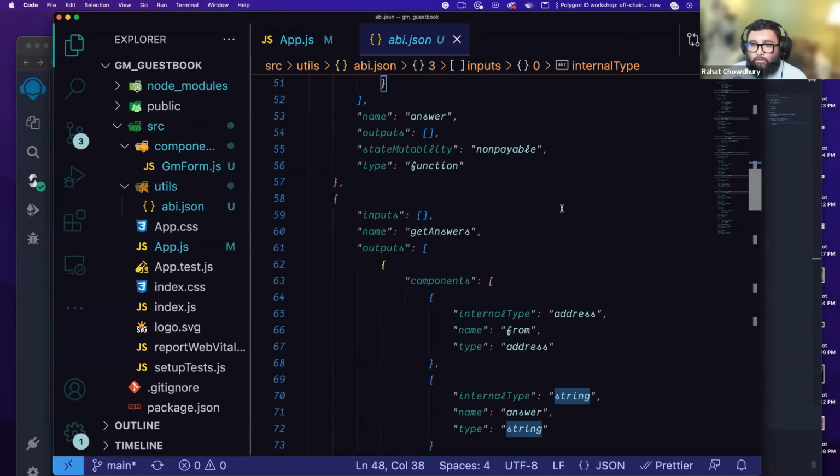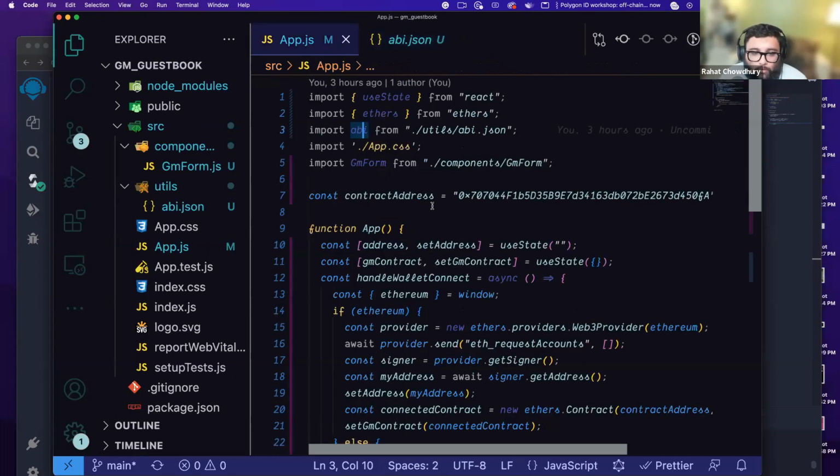If you come from a Web 2 background, you might be familiar with the fact that whenever we interact with an API, we need to use a post request or something like that, or use something like Axios or an HTTP request to actually get information or interact with some API. That concept doesn't really exist in Web3 when you're interacting with smart contracts. What you need is actually just what I usually refer to the ABI as: it's a map. This is what lets JavaScript know what functions are available on the smart contract and what it can call. So to make that connection,